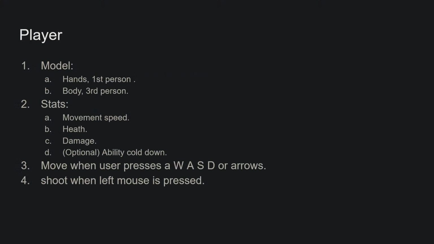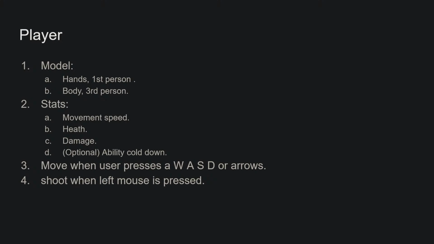What are the functional requirements for the player? The functional requirements for the player is it needs a model. In the case of a first person, we need some hands for them to see on the camera. In the case of a third person, we're going to need the body of the player themselves because the camera will be behind them. The stats, what kind of stats the player is going to have,